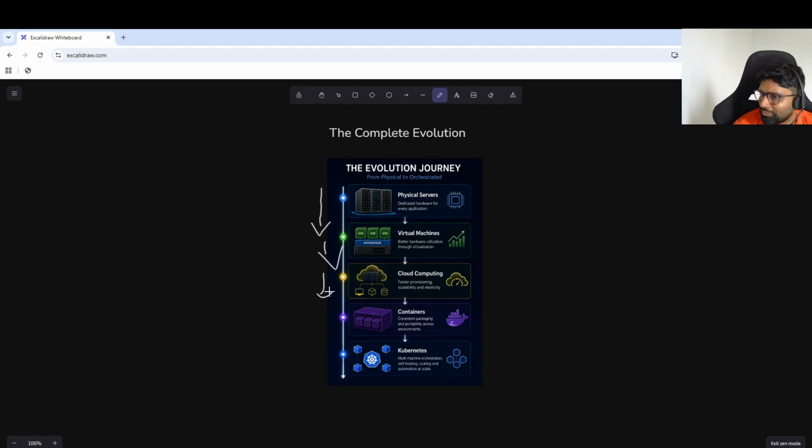It made infrastructure available on demand. Containers did not replace virtual machines. They made application packaging faster and more consistent. And finally, Kubernetes did not replace Docker. It solved the operational challenges of running many containers across many machines. This is the bigger picture.